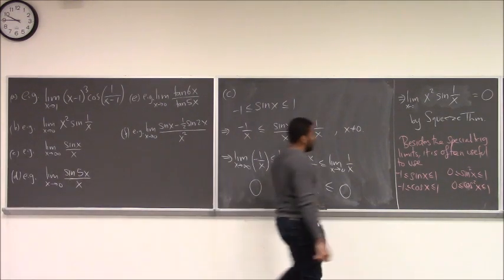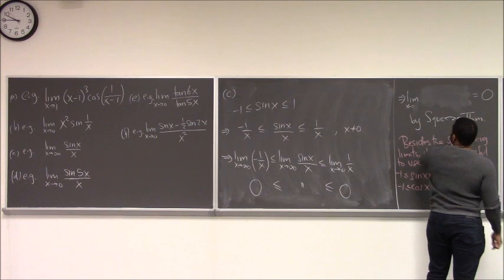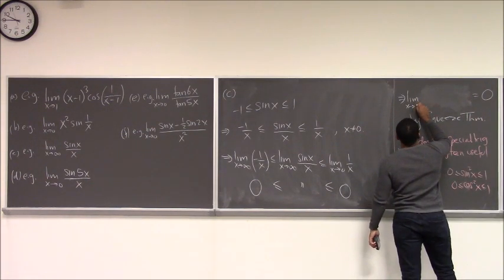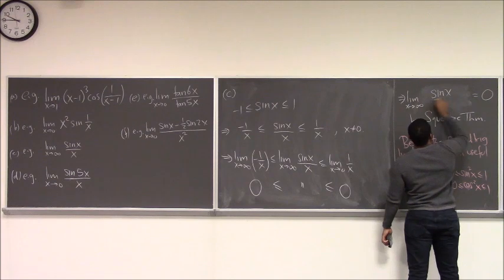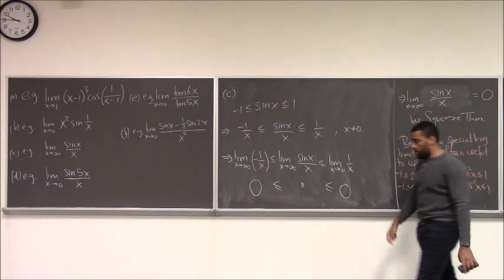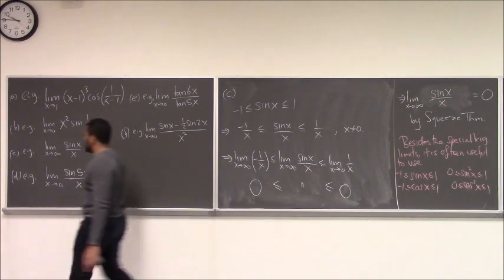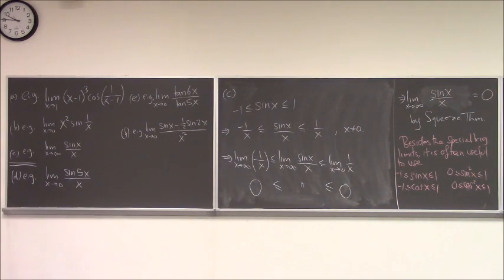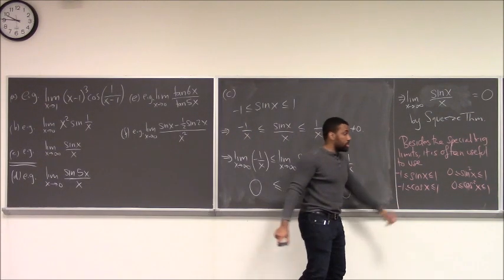And so the answer to this one is also 0. This is also one you could figure out because it's bottom heavy. The bottom is a polynomial, the top is a function that oscillates between minus 1 and 1. So the denominator is going off to infinity, and the numerator is very small. So the denominator is very large in comparison to the numerator, and so it would go to 0. That should make a lot of sense. So yeah, A, B, and C, they were all using the squeeze theorem, and we were taking advantage of the fact that we could bound our trig functions sine and cosine.